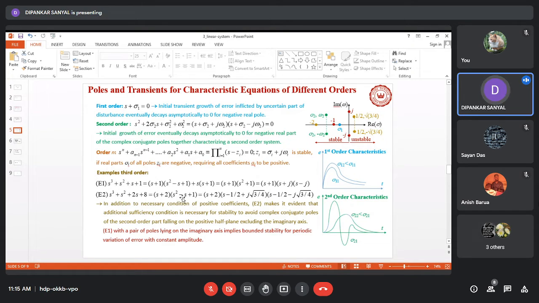But in this case, what will happen? We will eventually have one minus s. I mean, from here we will have s into s plus 2, and from here we will have s plus 2 into s square minus 4s plus 4. I think if that is the case, it should be